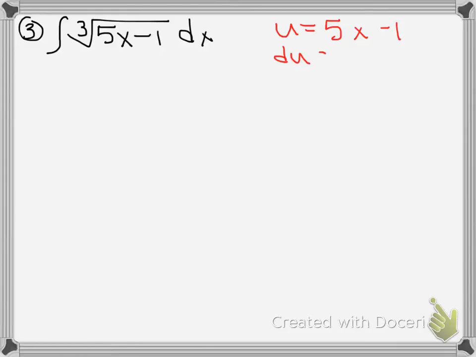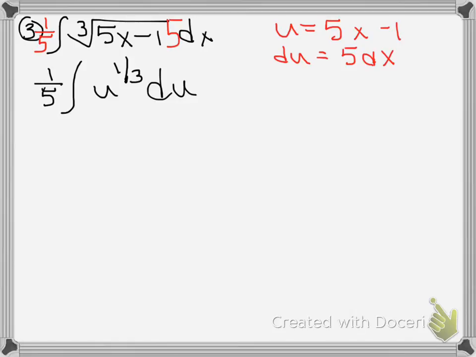Because then that makes our derivative 5. And you might be thinking, but there's no 5. That's okay. We put one in there, right there. Hello, 5. But if a 5 goes inside, what goes on the outside? 1/5. And if you need to, get different colors like I have going on here. All right. So then, this comes out to being 1/5 of the integral of u to the 1/3, hello line, du. And you take the antiderivative here. That's 1/5